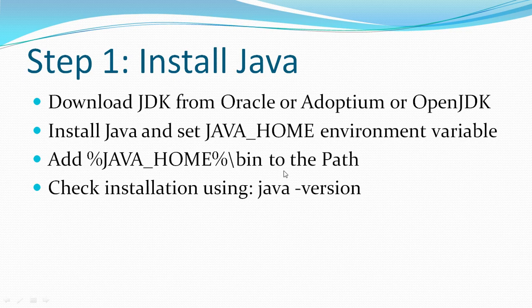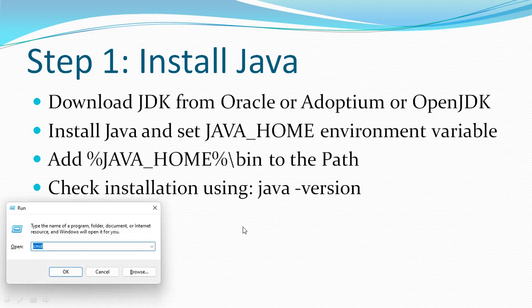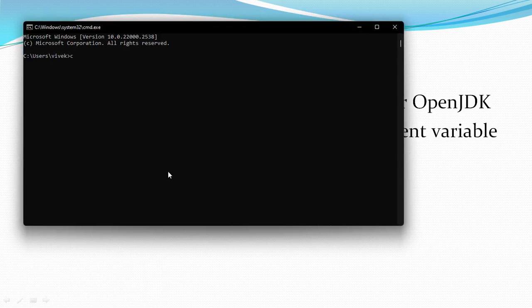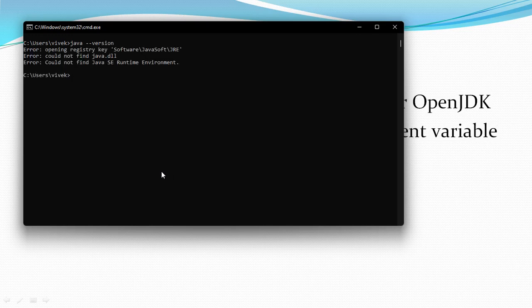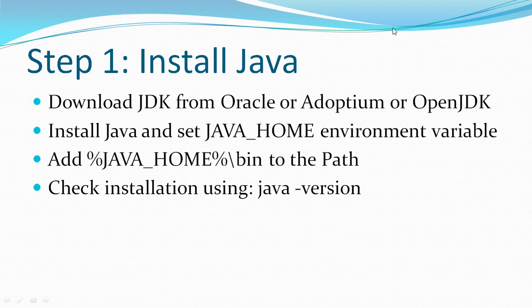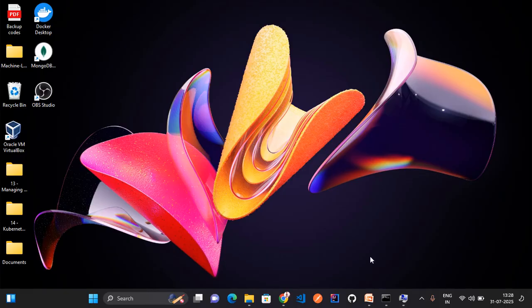So for checking the Java version, you need to open the CMD. I am going to press Windows R. In here you need to type CMD and enter it. Now here you need to type java hyphen hyphen version. Then you will see the Java version. Right now it is not showing. Why? So I am again checking the environment. Maybe there is some